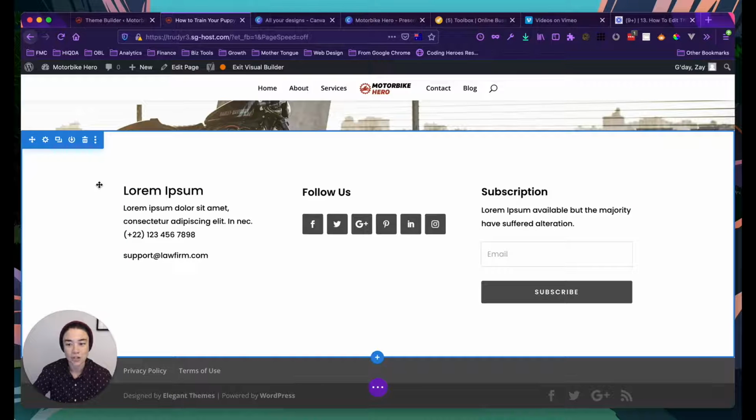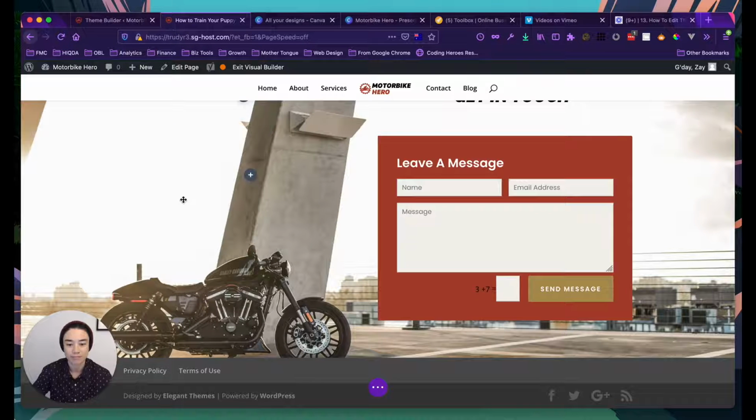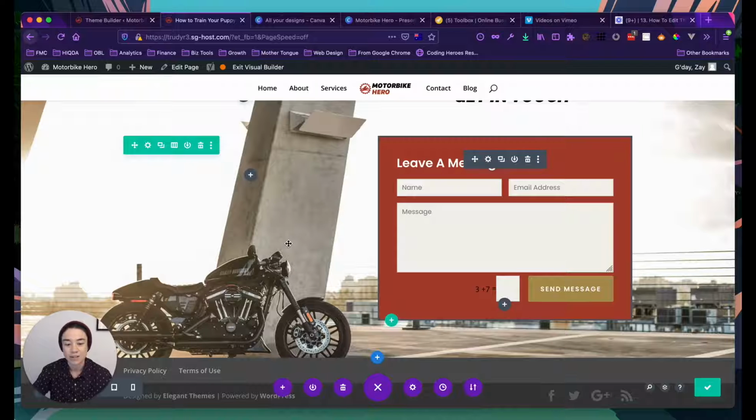And I'm going to show you how you can add this footer here to every page and not have to edit it here. So what I'm going to do is I'm just going to click delete and get rid of that, because we're going to add it somewhere else. And don't worry if you think that all of the styling has been lost, because in the Divi Library, which is where you can store certain things,